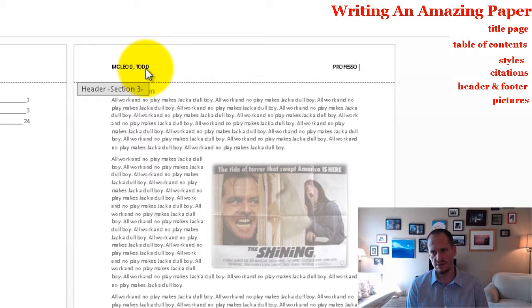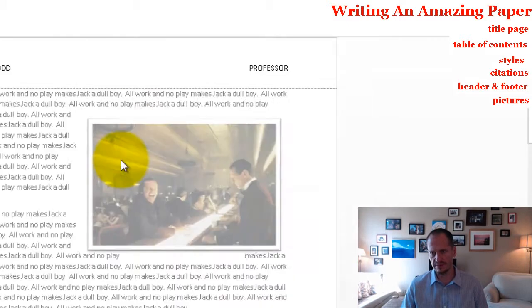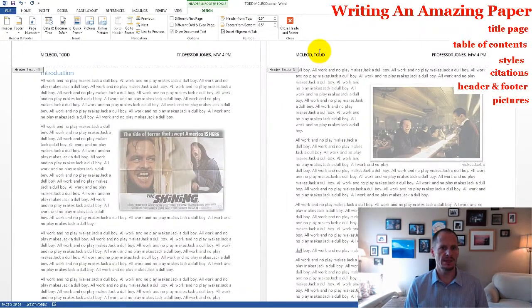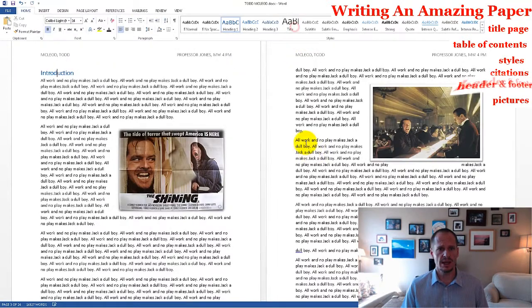Professor, let me zoom in. Professor Jones, Monday, Wednesday, 4 p.m. That way, if the paper gets lost, Professor Jones will know, oh, this is Todd's paper, and he'll be able to put the pages back in order or whatever. So there's my header and my footer. I could